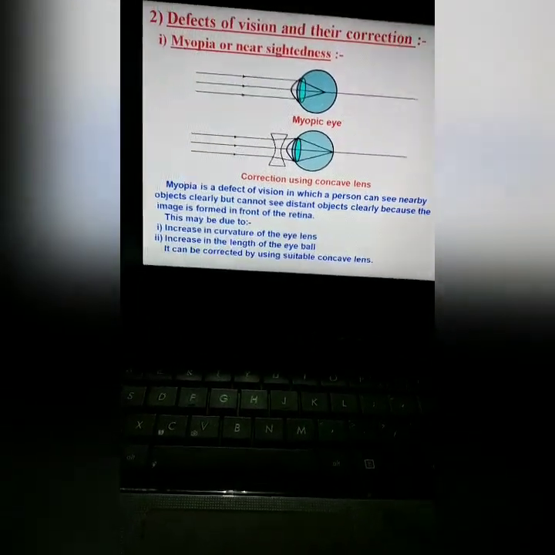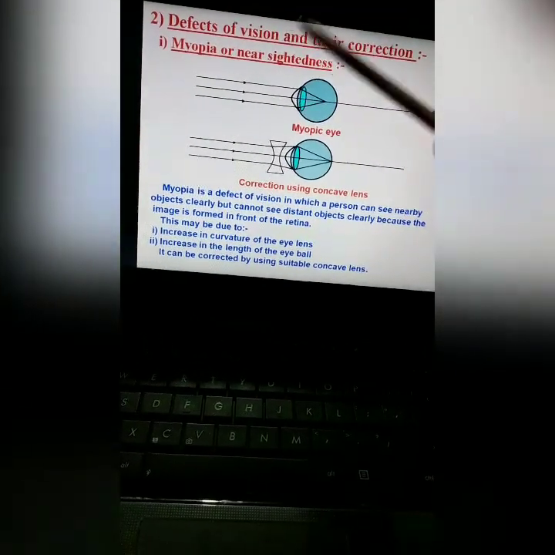If a person has some defect, then either the near point or the far point or both will be disturbed. Then, first among the defects of vision, we will read about myopia,